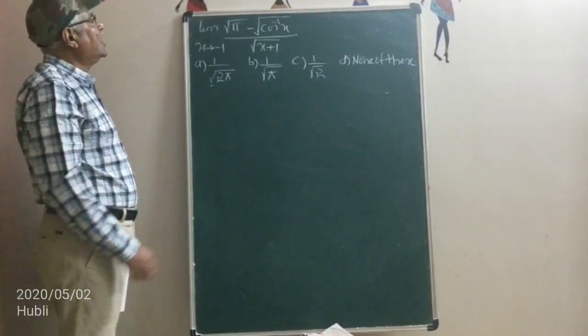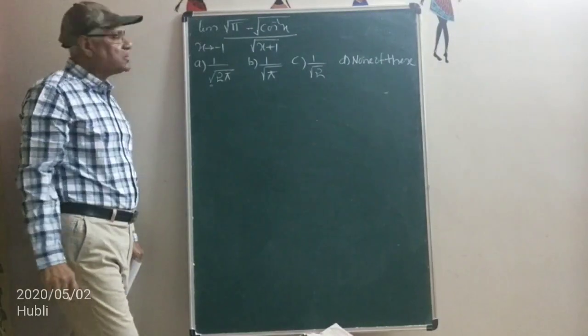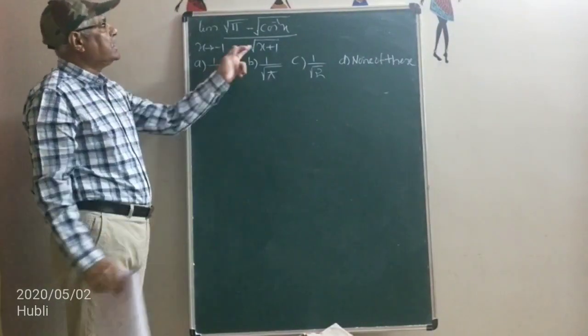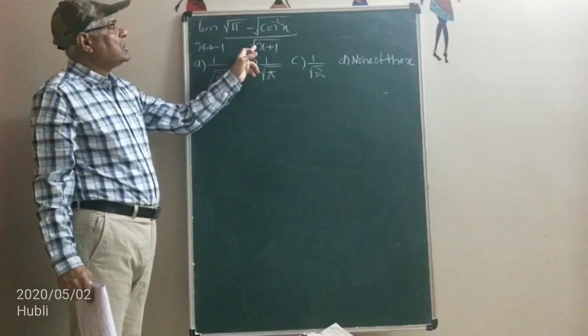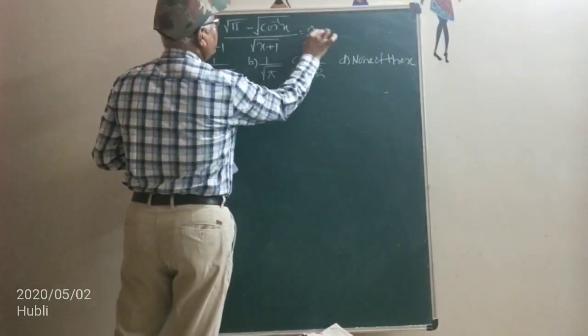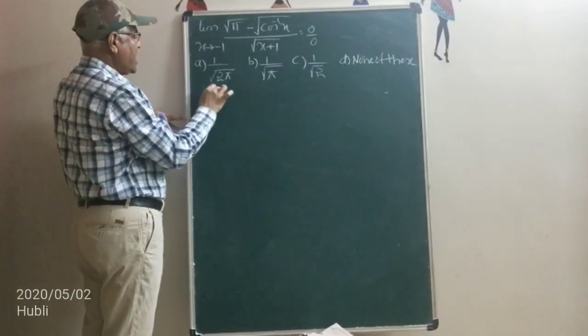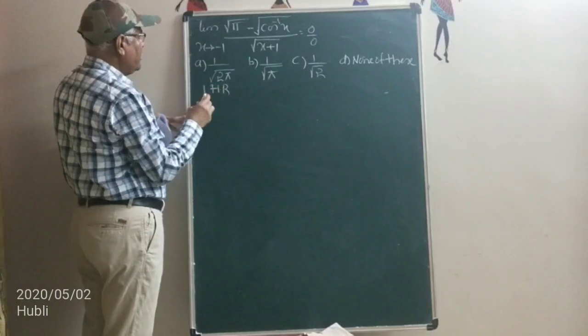Limit of (root pi minus root of cos inverse x) divided by (root of x plus 1) as x tends to minus 1. Again here x equal to minus 1 means what? Minus 1 plus 1 is 0. So clearly you are getting 0 divided by 0 form, and it is the L'Hospital rule. By using the L'Hospital rule, limit of